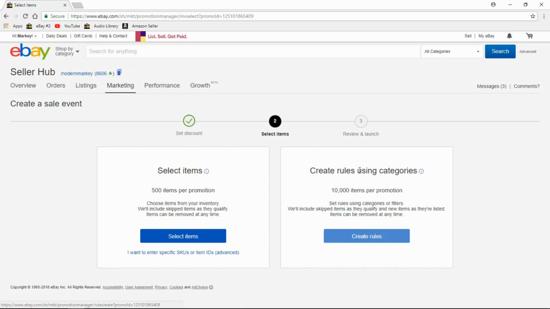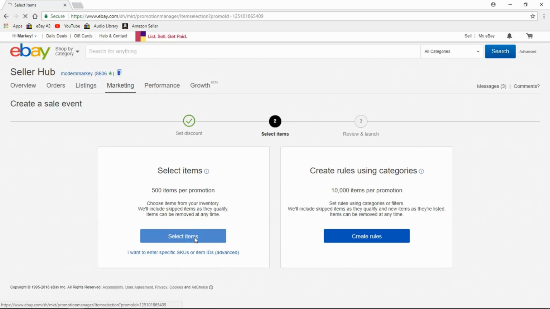That's perfectly fine to do it with this option to create rules using categories. And again, I don't really care to use categories marked on an entire category because most of the stuff that we have up, the majority of it will sell at some point for a decent price. And I don't want to give it away anytime soon. But when the sales are down and you need to get some more income coming in to buy more merchandise,